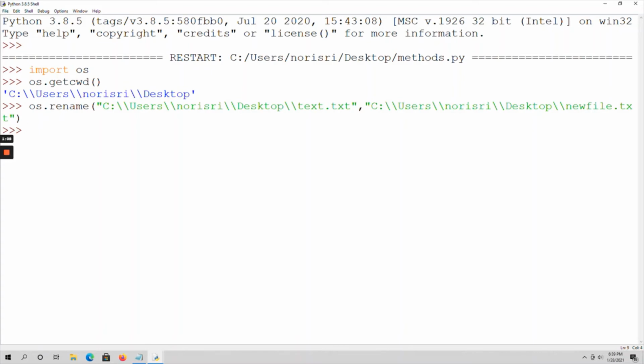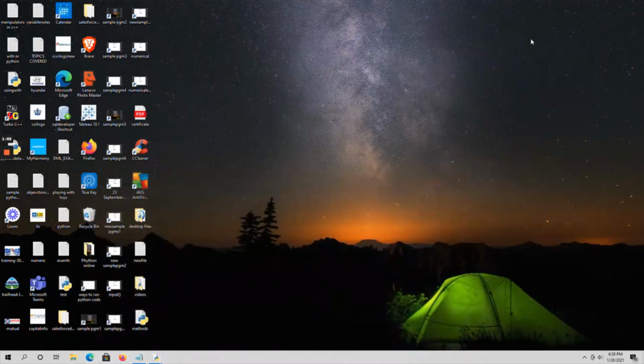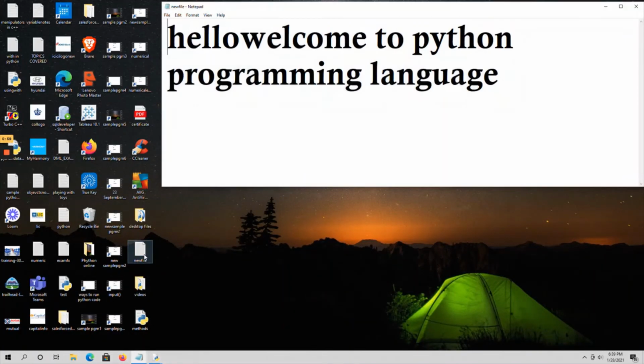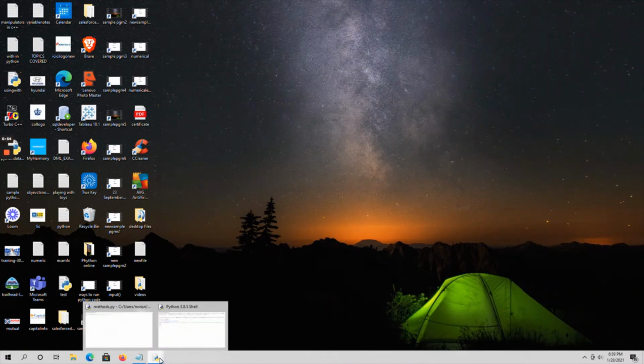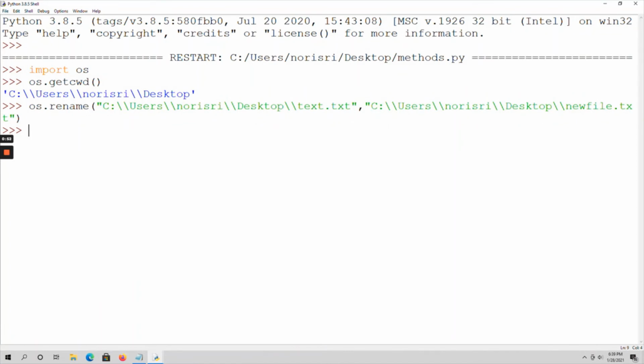Suppose you press enter. Here you can see a blinking cursor, and if you go to the desktop, my text file has been changed now to new file. Like this you have to change the path from the Python shell. While performing this rename operation in the shell, you have to specify the path.